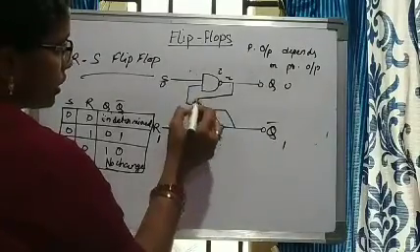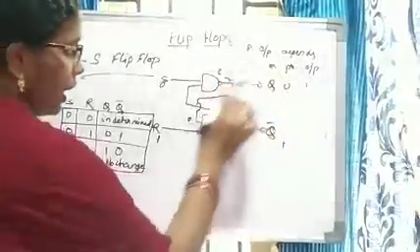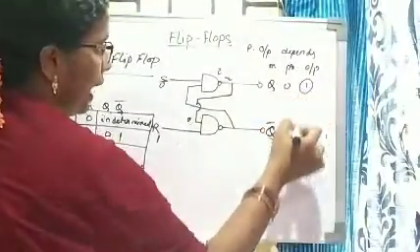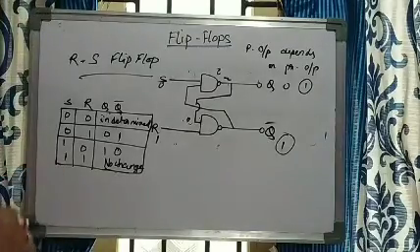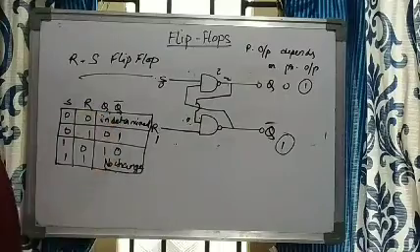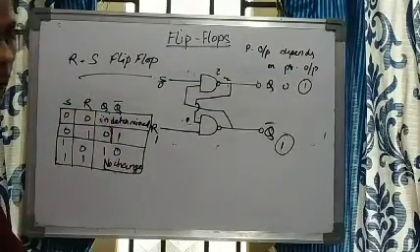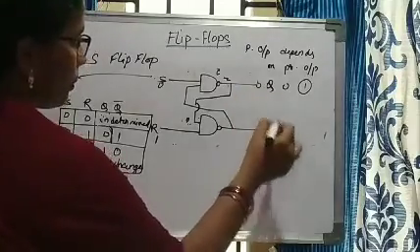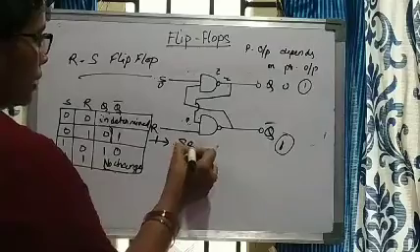Again 1 into 0 is 0, 0's complement is 1. Whatever the output will be, it ultimately depends on the previous output. When S is equal to 0 and R equal to 1, we get Q equal to 0. If Q is equal to 0, ultimately Q bar is 1. This condition is known as